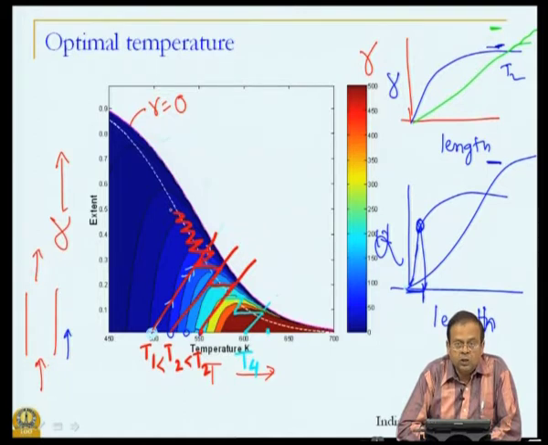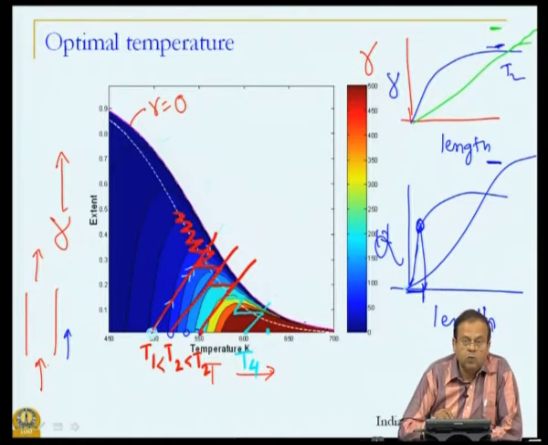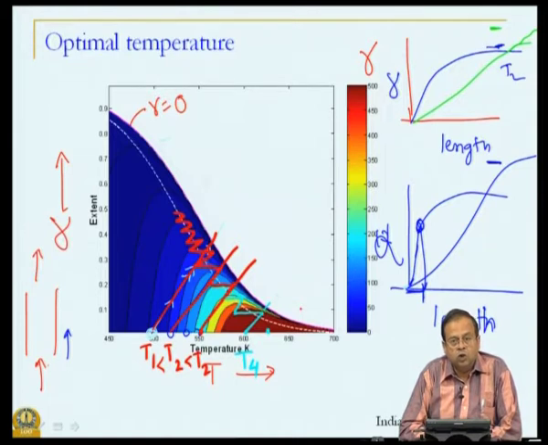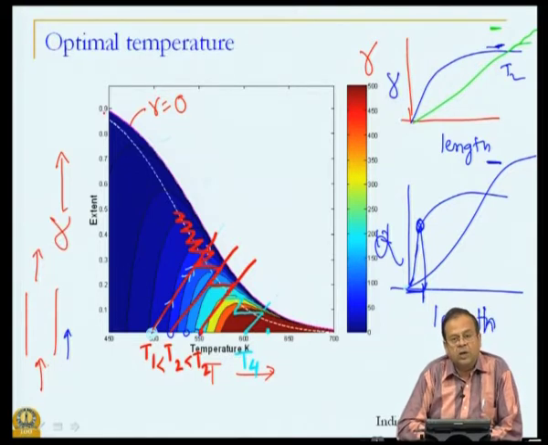We are now using some way of generating a temperature profile which will follow this dotted line, because if you follow this dotted line strictly, you will get the maximum reaction rate. So, in a batch reactor or in a fixed bed reactor, your temperature should have ideally changed along this white line, because that is where the reaction rate is maximum, but that is difficult to achieve. So, I am going to achieve this by various different ways.